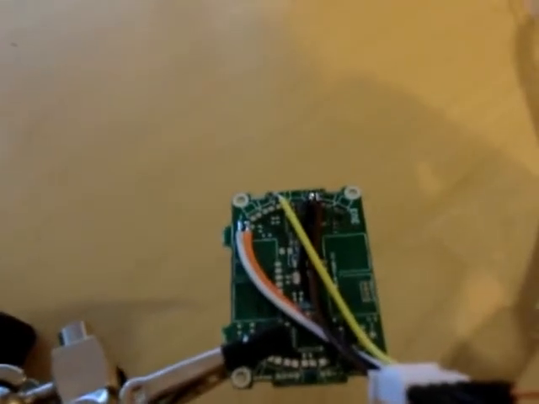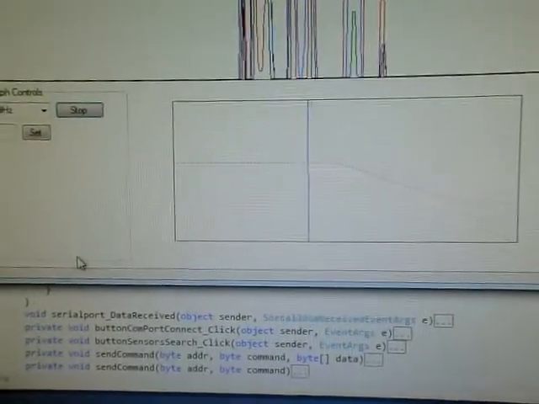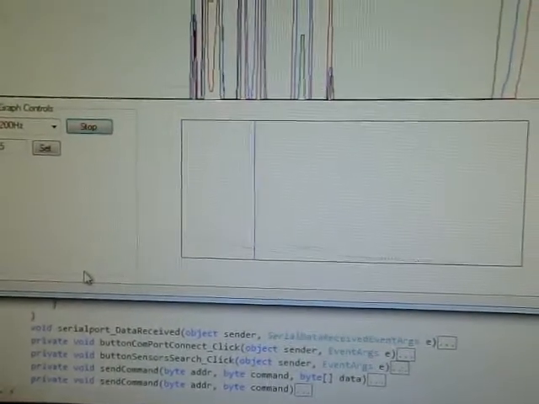So now I got extrapolation up and running. So here is the same graph as before. I can move my finger across here and you can see the signals changing there. And below that one I have the extrapolation graph. So when I push my finger through the sensor range, you can see that the blue line, which would be